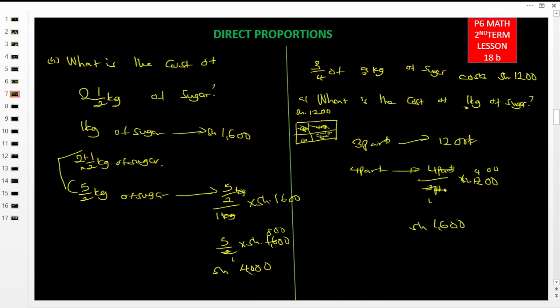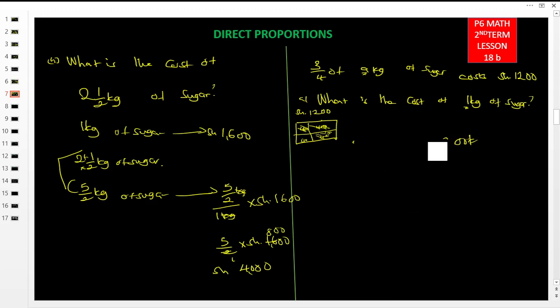Then let us get part C. Part C of this question, it is telling us to do what? Part C here says how many kilograms of sugar can I buy